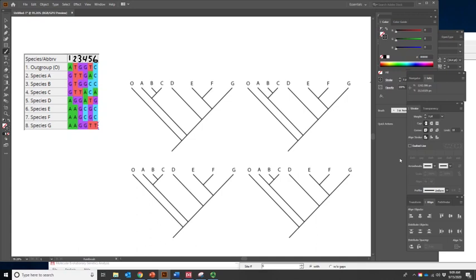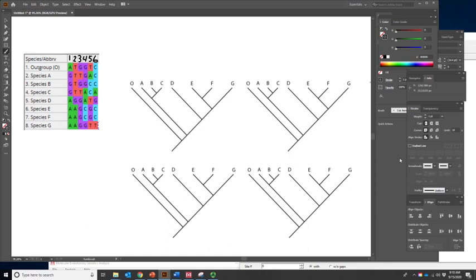It's worthwhile reviewing our method of mapping characters onto a phylogeny. This is something that's critical for establishing the score for parsimony analysis, and it also tells us about the history of evolution of a specific character. Now, for simple distributions of character states, that is, if we don't have a very, very complex one, it's rather